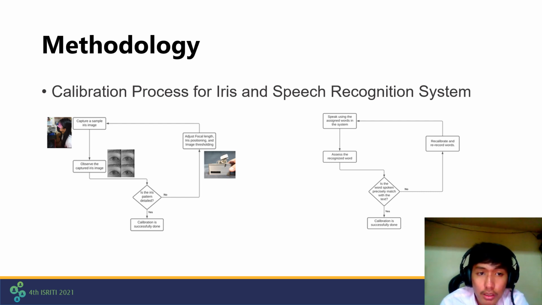If this is detailed enough, then the calibration is successfully done. But if not, we need to adjust some parameters like adjusting the focal length, iris positioning of the user, and the image thresholding. Now, for the speech recognition,